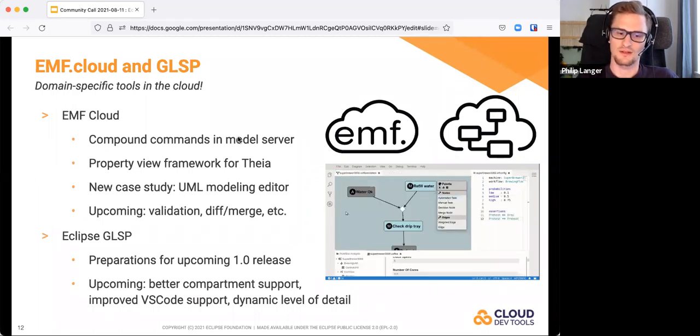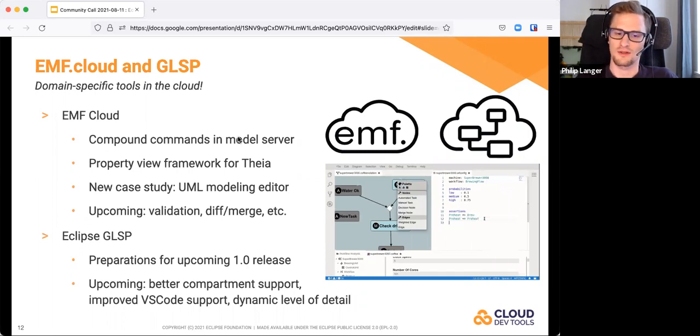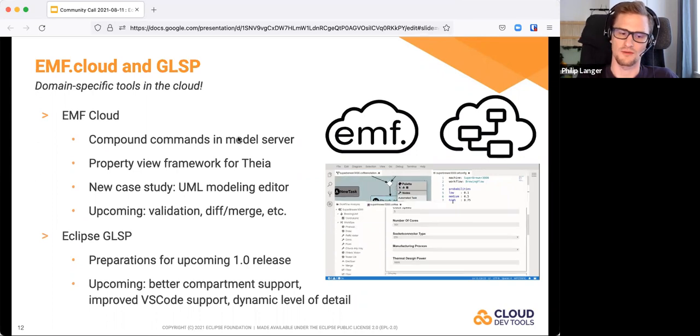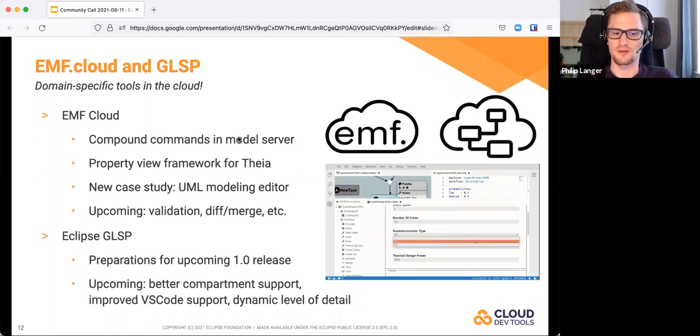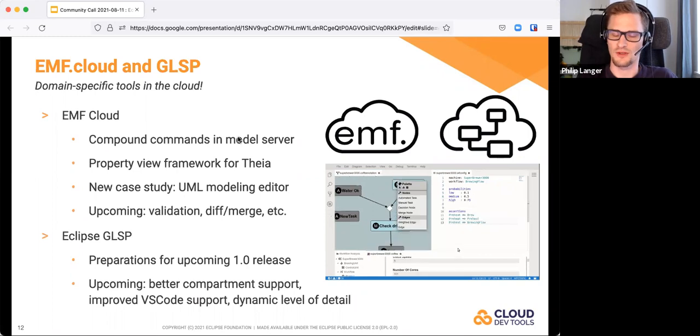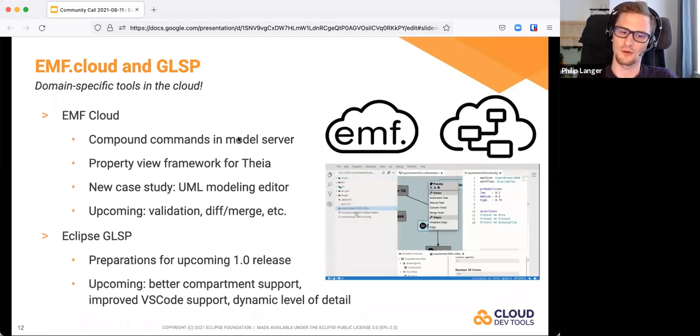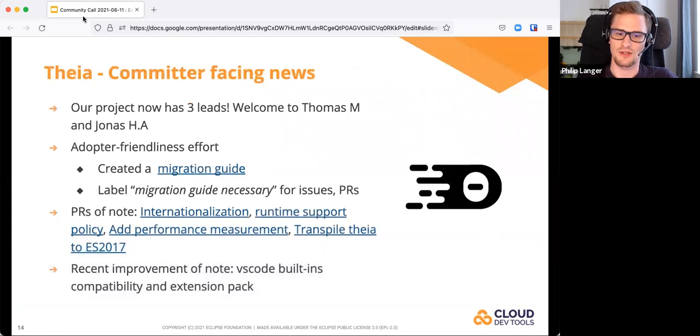What we are doing in that sense currently is reviewing and improving the API, removing boilerplate code, and so on, so that it's as easy as possible and requires as little code as possible to create diagram implementations in the respective platforms. So this means also that Eclipse GLSP is not only integratable in Theia, but also in VS Code, as well as in the traditional rich client application platform from Eclipse. So we are looking one after the other at those integrations as well to improve the API.